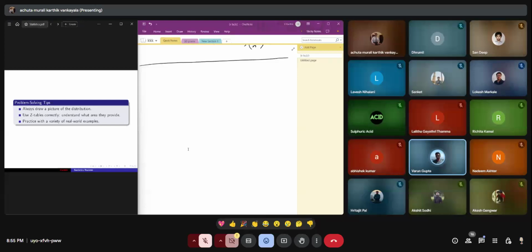Like if I have two different shapes, suppose one is a straight line going upwards and one is going downwards, and both of them have the same area under A and B. Then how does the shape of the curve matter? Which curve are you talking about? Is it the probability density function or cumulative distribution function? The PDF.